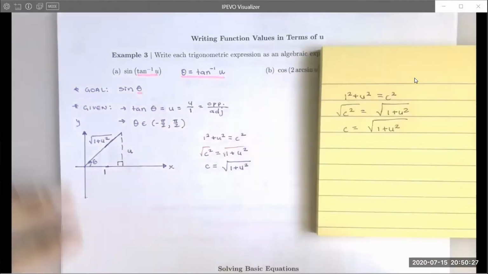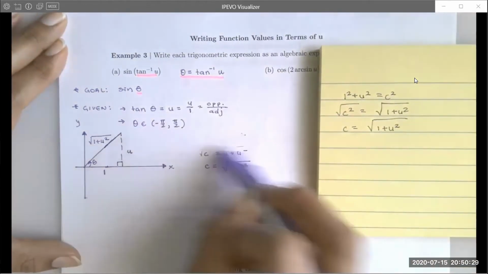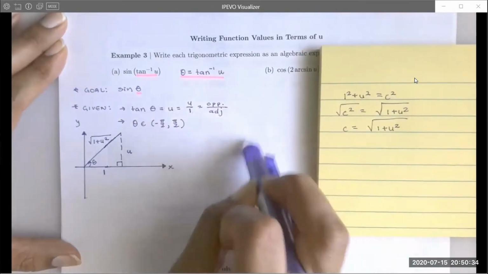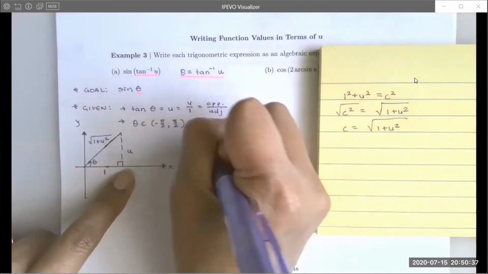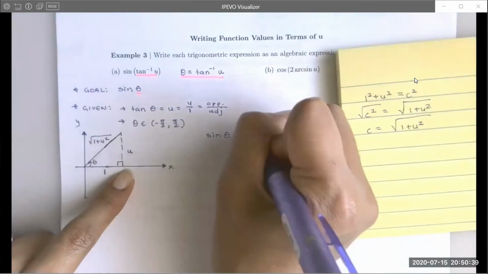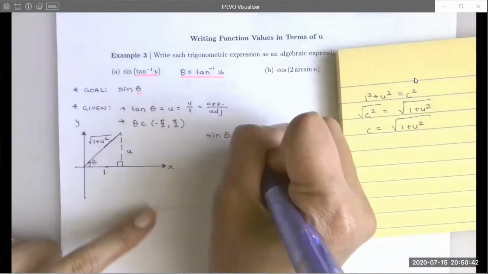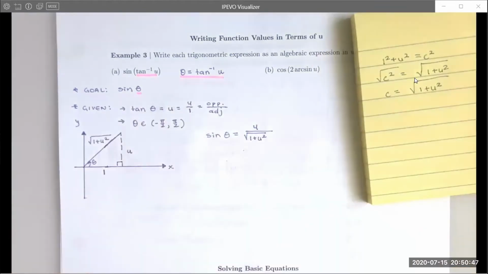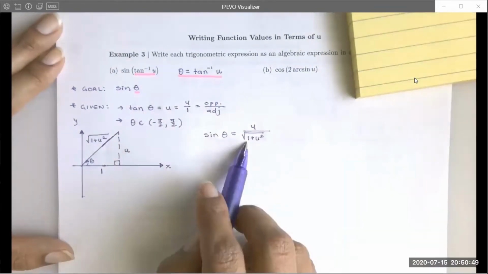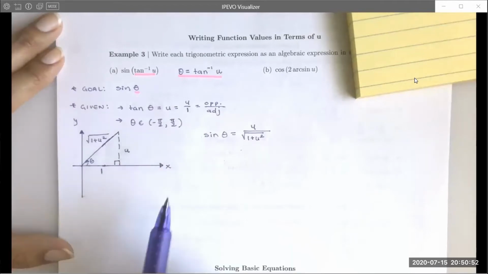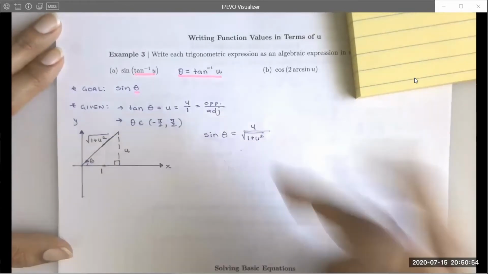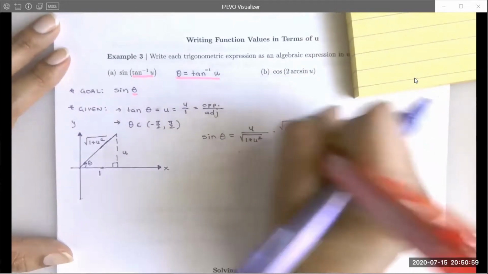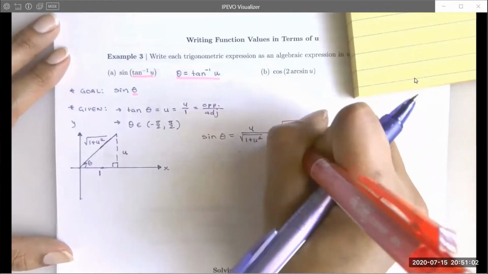Okay, so in this first quadrant, sine will be opposite over hypotenuse. That's a definition. And we're going to have u for the opposite side. The hypotenuse is the square root of 1 plus u squared. Of course, we don't want to leave it with the radical in the denominator, so we can go ahead and rationalize. And when we do, if I multiply top and bottom by the square root of 1 plus u squared,